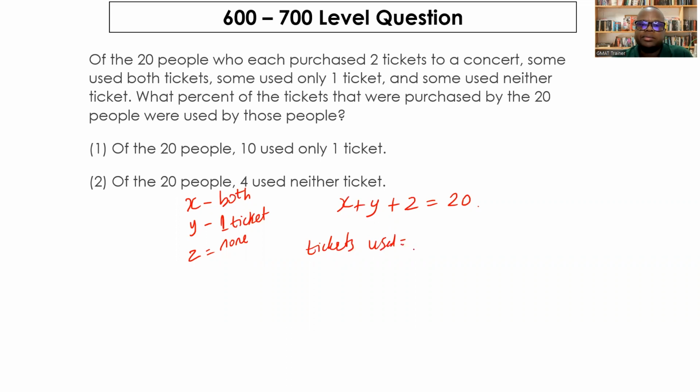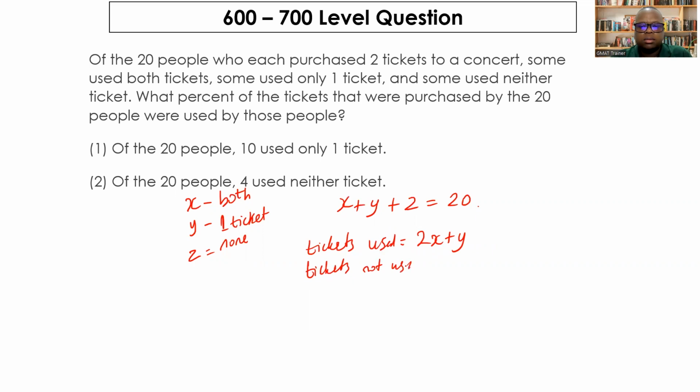This case would be 2X plus Y. That is the number of tickets which are used. Which means if you're able to find the value of X and Y, then you can get the proportion of the tickets which are used. Tickets which are not used,